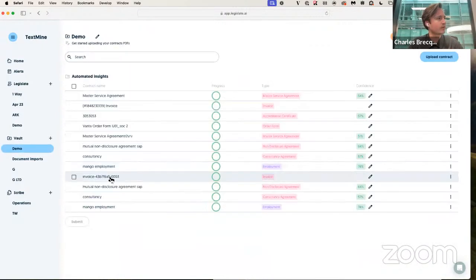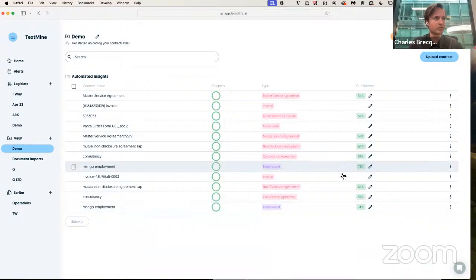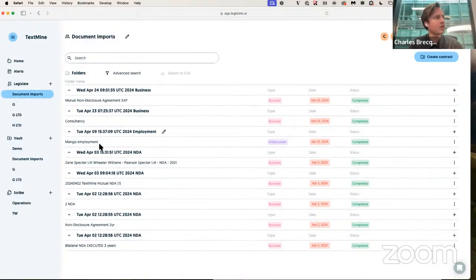What I've shown is very much at the individual document level, and this is obviously useful when it comes to verifying the information. The next step to truly automate document data extraction is to export this information.